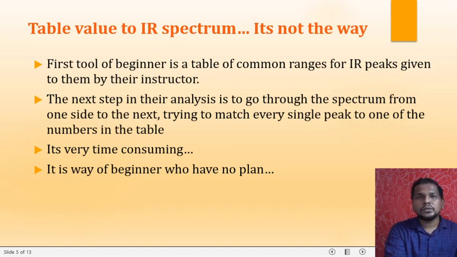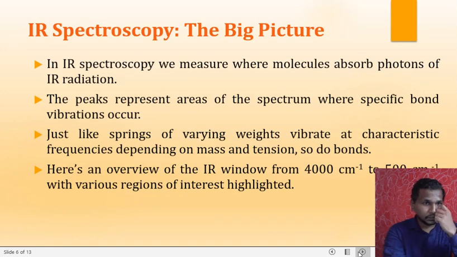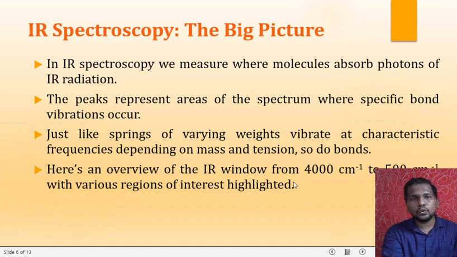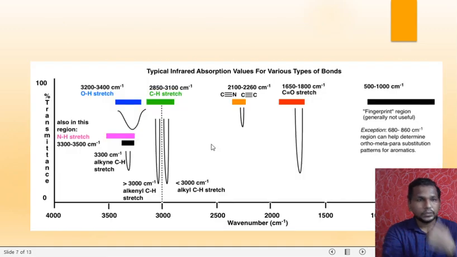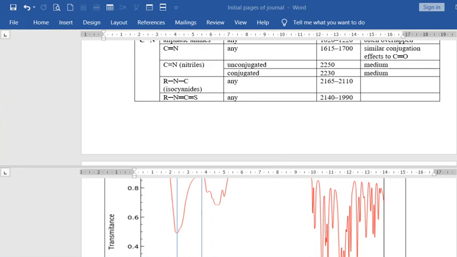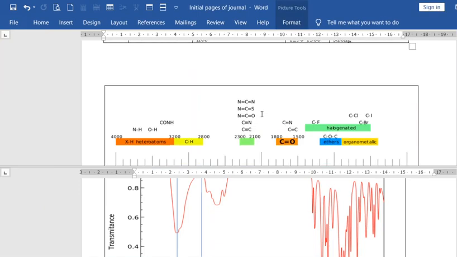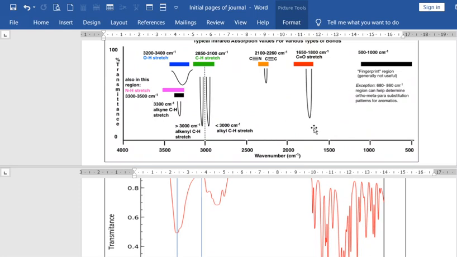Now we come to know about the concepts as well as misconceptions, and how exactly we have to proceed. Also, here is an overview of the IR window, the big picture. The big picture means what the exact theme of IR is. I had shared this image with you, and still you can refer to this big picture. This image is available with your journal, which I had given, and I had included it like this. Yes, this is the image I am talking about.